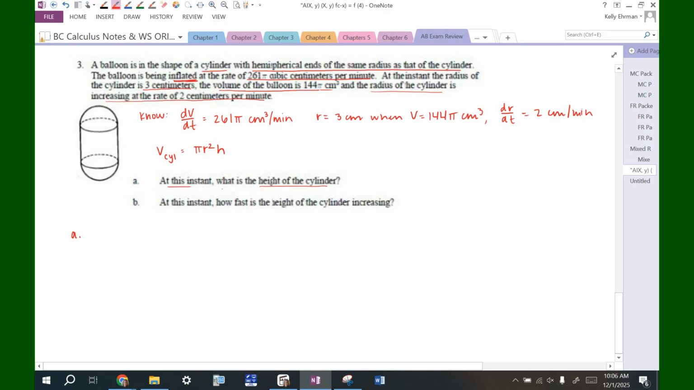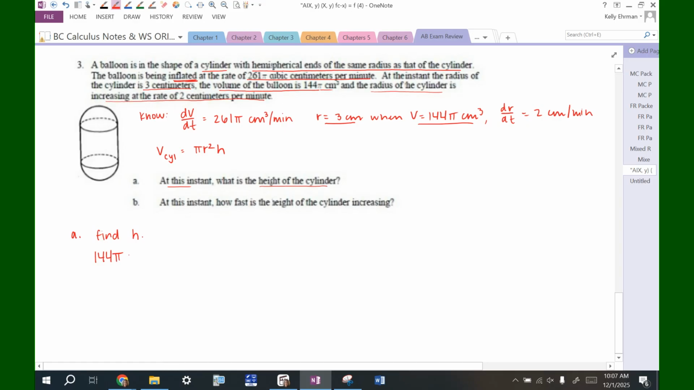So they want me to find, at this instant, what is the height. So they want me to find h if I know that r is 3 and V is this. So the first part has nothing to do with dh/dt or anything. So find h. All right, so